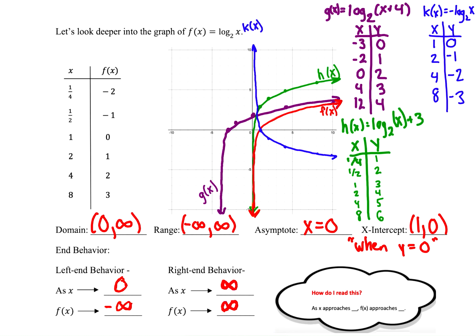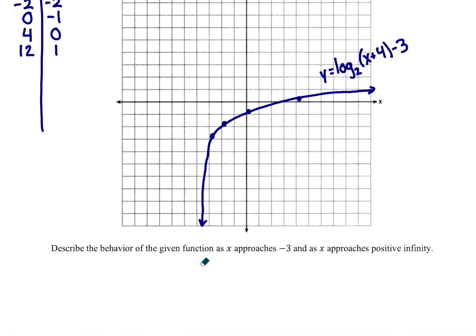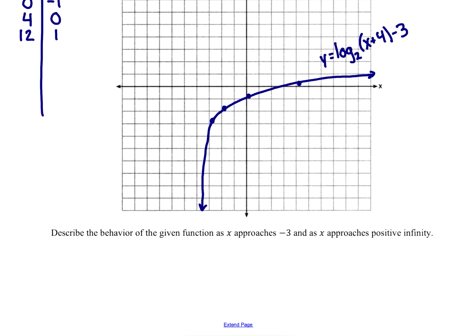Oops, wrong page. So if I'm describing the behavior as x approaches -3, and as x approaches positive infinity. One second, that shouldn't say -3. Let me change that. It should say -4, because -3 is not the end behavior. It approaches it at -4. So as x approaches -4,